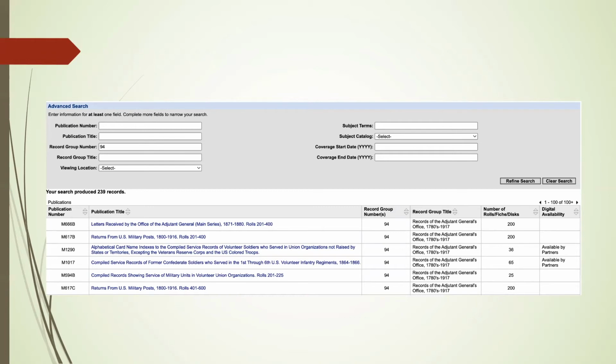If you look at record groups, you'll see that it's all 94. And these are all the records of the Adjutant General's office. So letters received by the Office of the Adjutant General, main series, 1871 to 1880. Now, if you go down a little bit, there's the compiled service records of former Confederate soldiers who served in